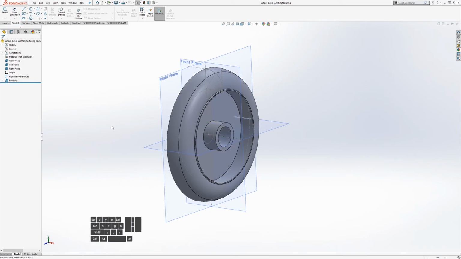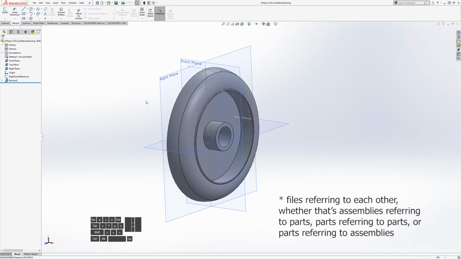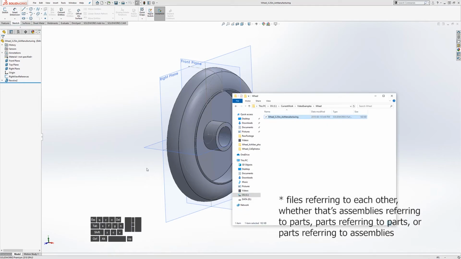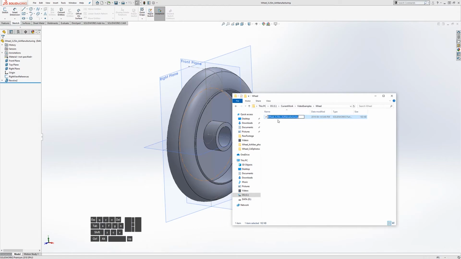And that's all the more important when you have assemblies, because then you have parts referring to each other, so you want to make sure to not just rename, especially not just rename the file in here. If I just went in here and renamed,